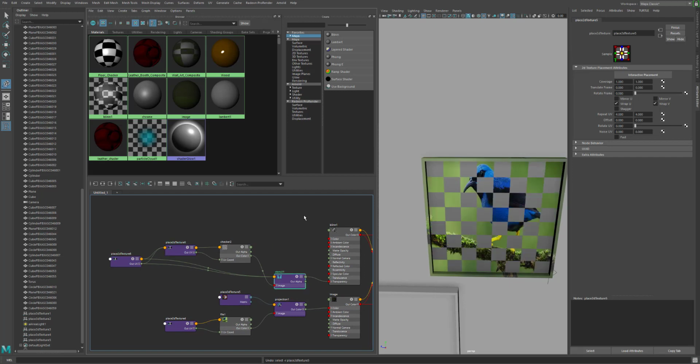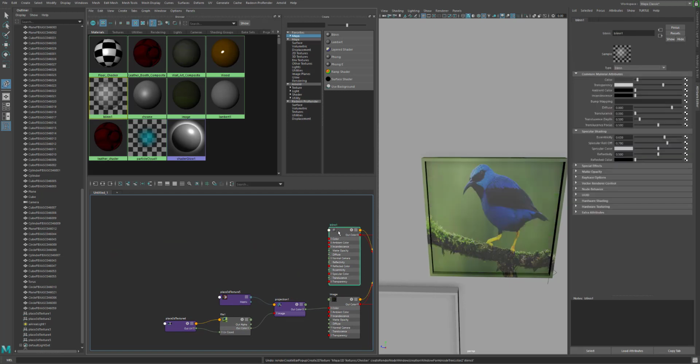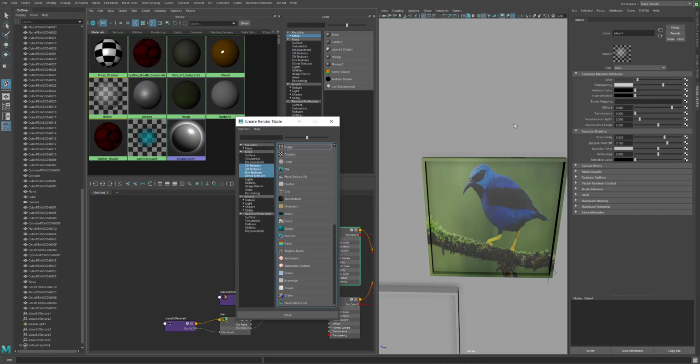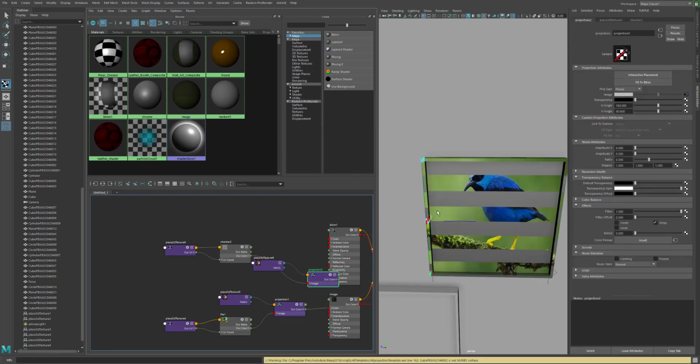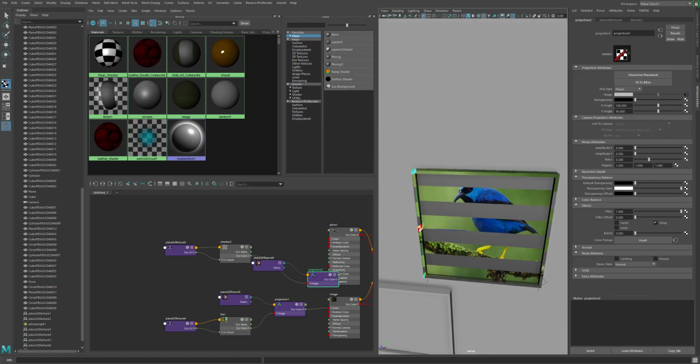I need to undo that. Let's see if it'll let me do it as a projection. I need a way that I can move that texture around, right? So let's do the checker again, but let's do it as a projection this time. And it's right. So you fit the box. Yeah, there we go. We'll do it as a projection because this way, this lets me be able to